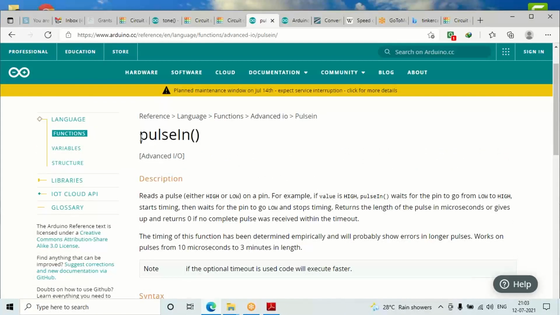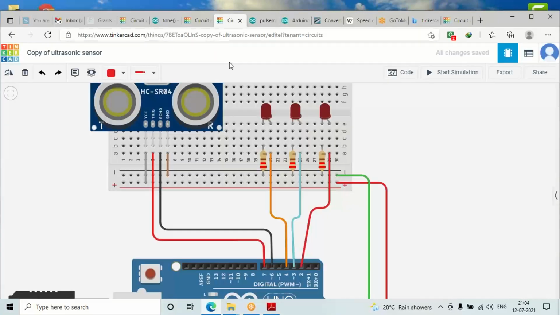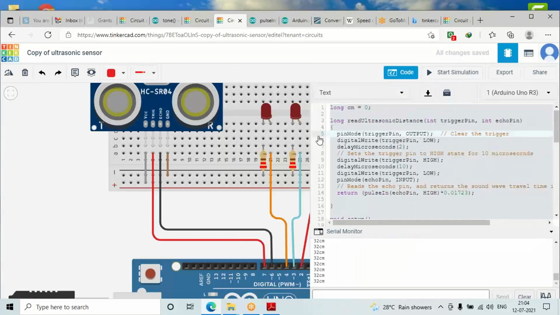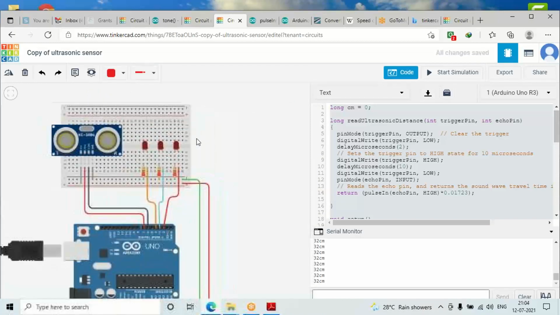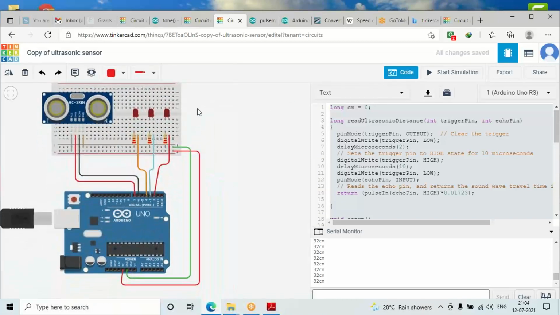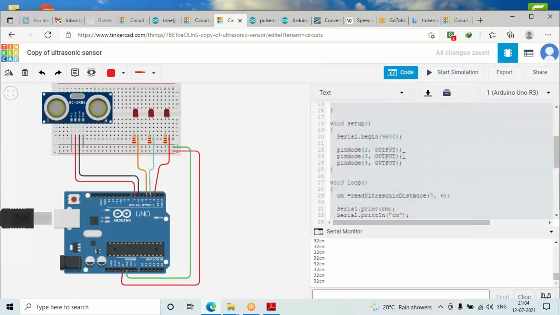We'll see how this function pulseIn helps us in giving the time. So in order to proceed forward, let's directly move to the coding section and try to understand the code. I hope once you understand the code, you will also understand in detail how the time is calculated.